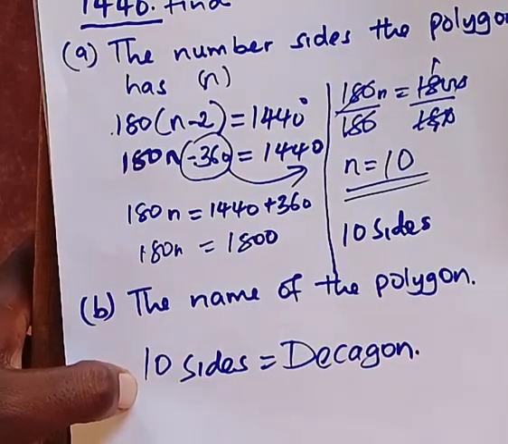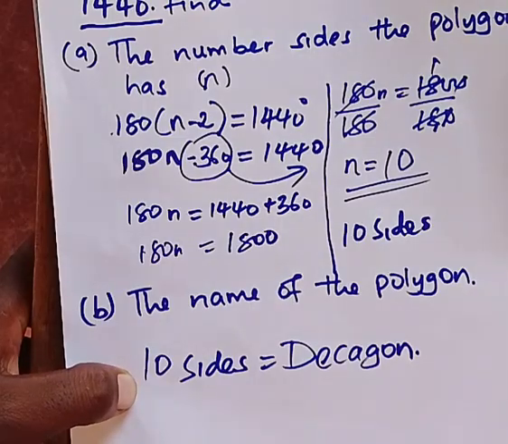A polygon with 8 sides is called what? An octagon. We go to part C